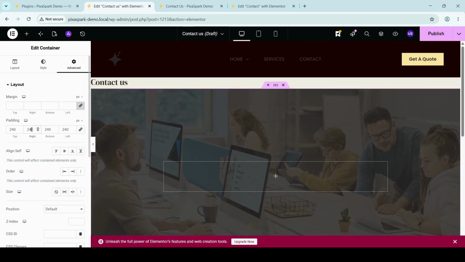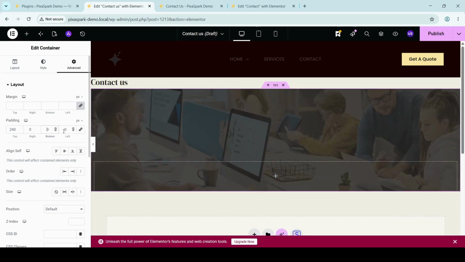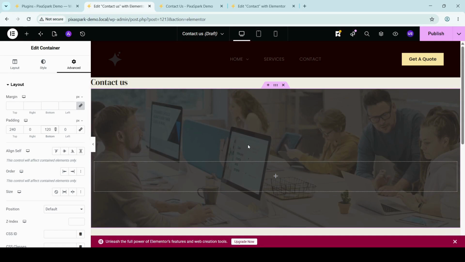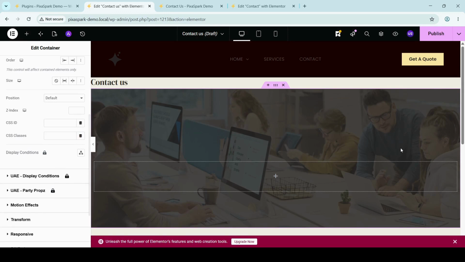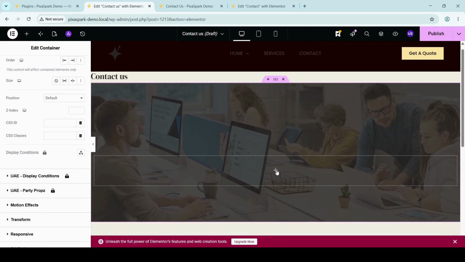I'll keep the top as 0, even the left as 0. And for the bottom, I'll keep it as 120. So you see, this is the perfect size for a hero background. So once you have this displaying perfectly,